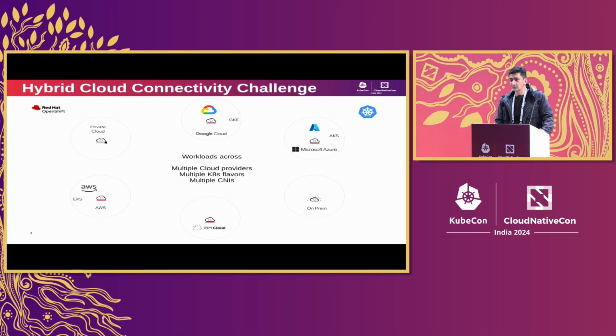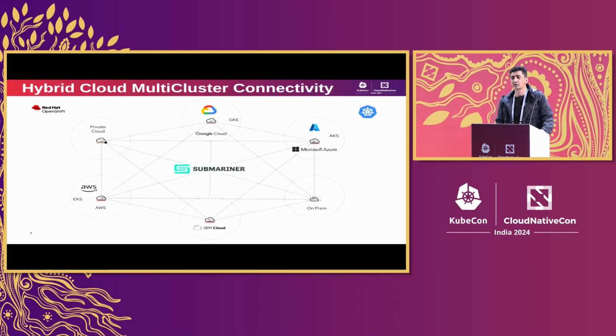Today the hybrid cloud connectivity challenge that we faced, when we had customers who had clusters deployed in different cloud providers, was how to provide connectivity which is cloud vendor neutral, CNI agnostic, supports multiple CNIs, has no vendor lock-in, and supports different flavors of Kubernetes. While trying to figure out how to come up with a solution that answers all these questions, we landed on a project called Submariner. It started back in 2019, so it's been a long journey.